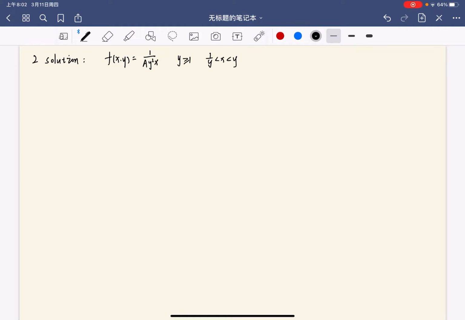In this question, we know the joint probability density function of XY is f(x,y) = 1 divided by (a multiplied by y to the power of 2 and multiplied by x). And in the first question,